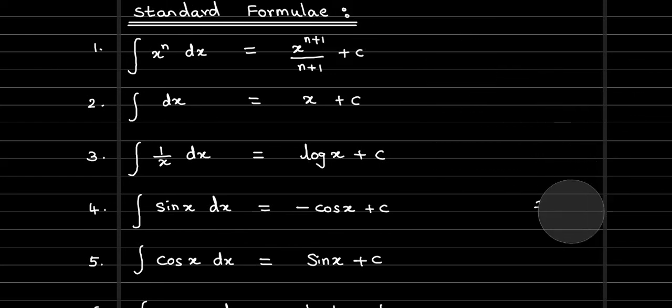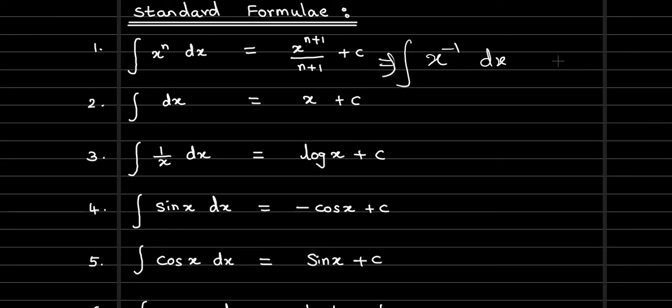So integral dx, and the next very, very important one, this one. See, x raised to some n. Here n can take any value other than minus 1. It can take any integer, like minus 2 or minus 5, but minus 1 alone it should not take. If it is minus 1, you should not use the same formula. Let's apply the formula and see what happens. When we apply it, x power minus 1 plus 1, whatever we have in the power, we add 1 to it, and the same new power is repeated in the denominator. Then put plus c.